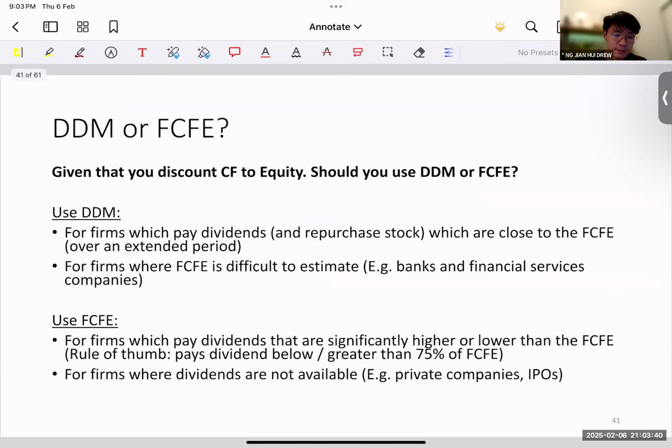Okay. So now the question is, given that you have this discounted cash flow to equity, remember, probably this is a broken record already, but I talked about this course giving you tools, right? So I have a company that is listed and is distributing dividends. Should I use the DDM or should I use the FCFE? Let's try to understand when you should use each. Of course, for DDM, the firm must pay dividends, right? So if the firm is paying dividends, that's fine. We can use DDM.